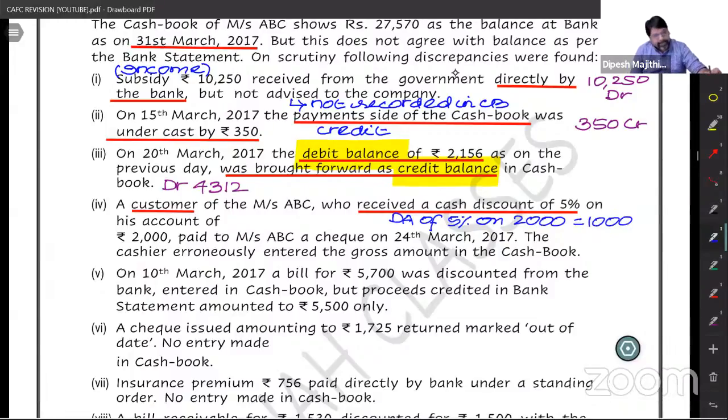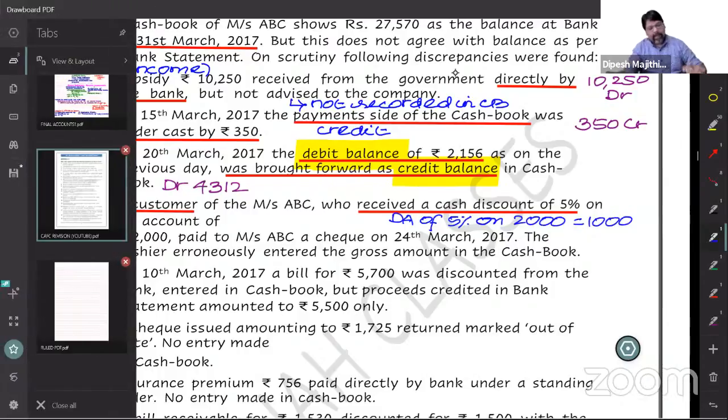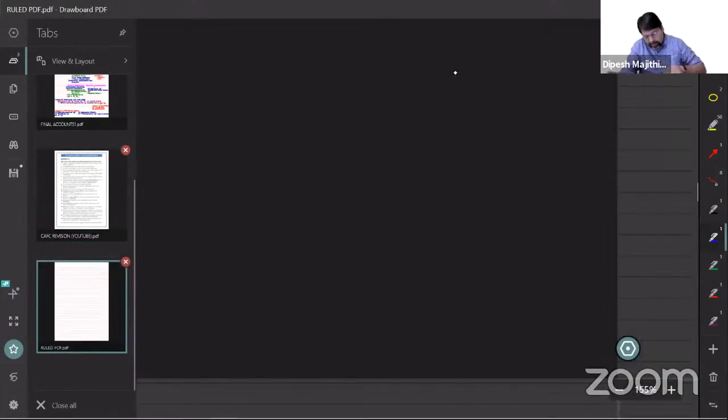That is 100 rupees. A customer who received a cash discount, that means the customer received a discount. We allowed the discount because the customer was paying money. We gave discount, he received discount. So customer of ABC who received a cash discount, that means the customer received a cash discount. We allowed the customer. So he was supposed to give us 2,000. We gave him 100 rupees discount. So he gave us how much? 1,900. So logically, chartered, if you ask me logically, then in the cash book, chartered,